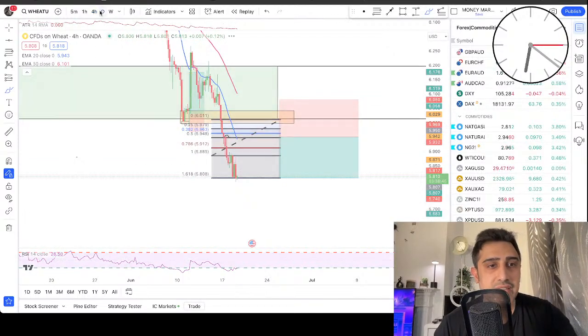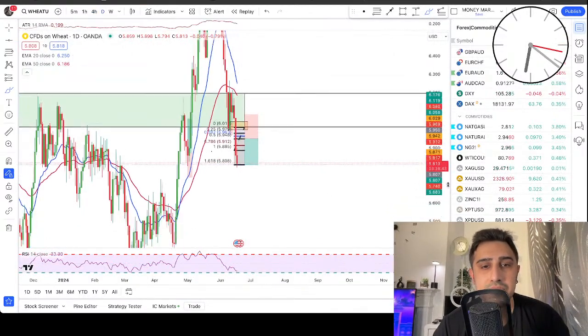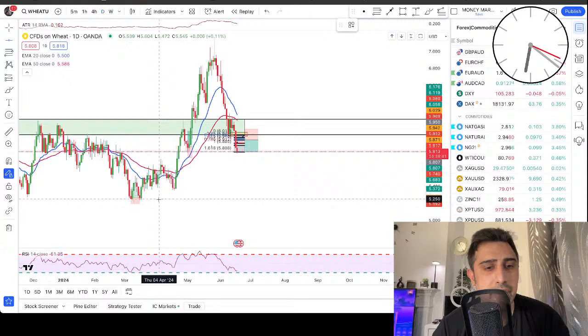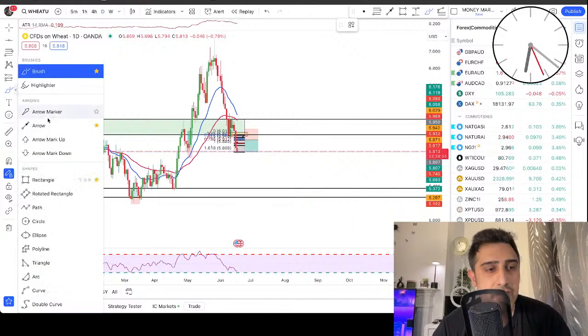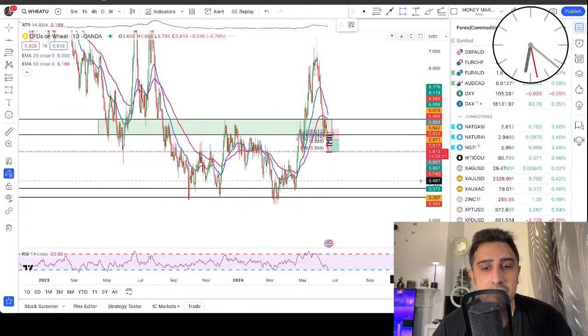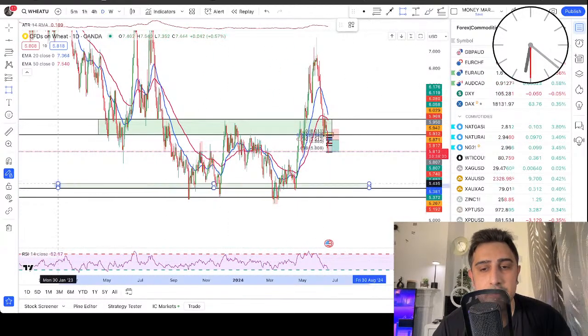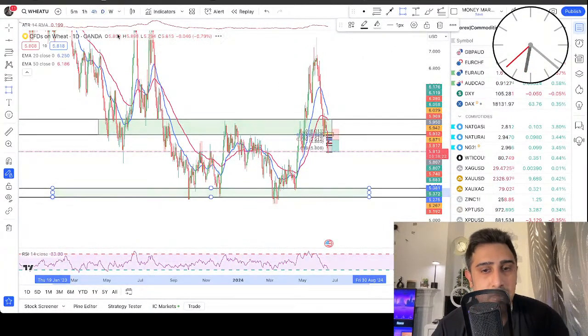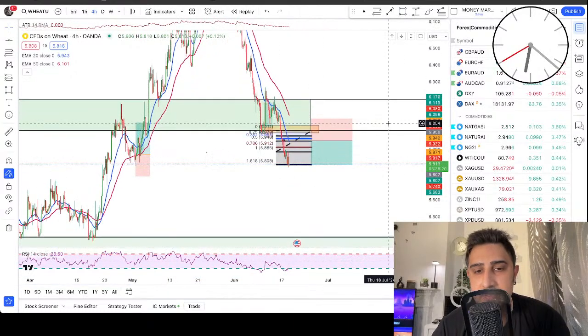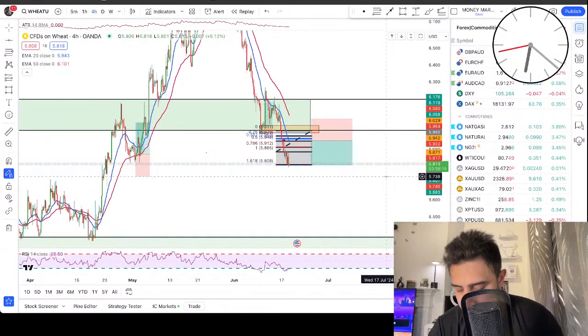And let's see the next support for wheat. It is right down here, from where now I'll be looking to enter my buy trades. That was my previous support, that's why I remember that as well. So a good support. Until then, I'm just going to look for my selling opportunities. Right here, 5.271. Mark these zones on your charts and just look for sell trades as long as we are trading below 50 and 20 EMA.